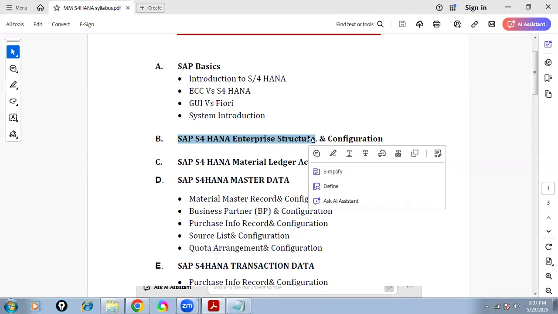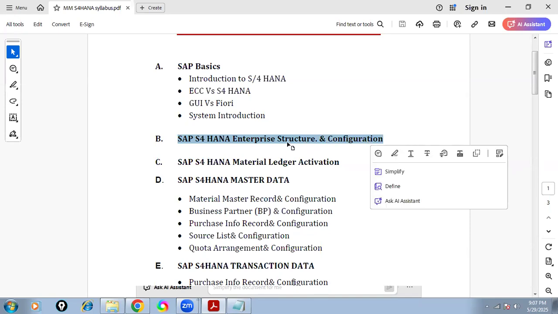For example, let's take the Coca-Cola company. Where is the head office? How many plants are there? Suppose Coca-Cola is going for SAP implementation, so we need to construct Coca-Cola's organizational details in the SAP system. How one business organization's details are configured in SAP, theoretically and practically, I will explain.